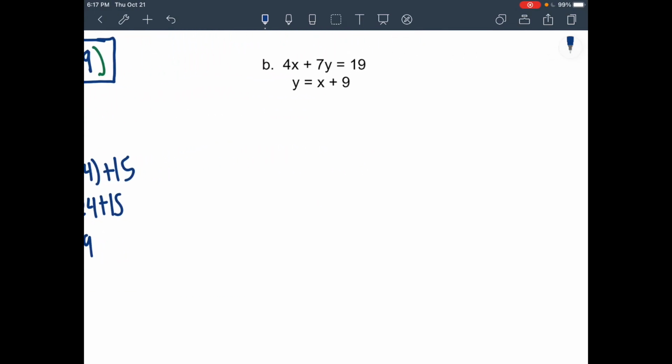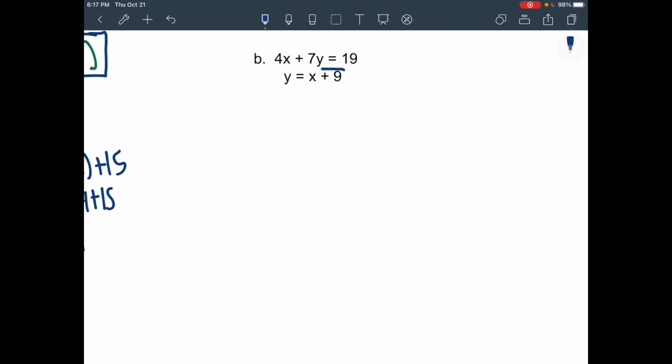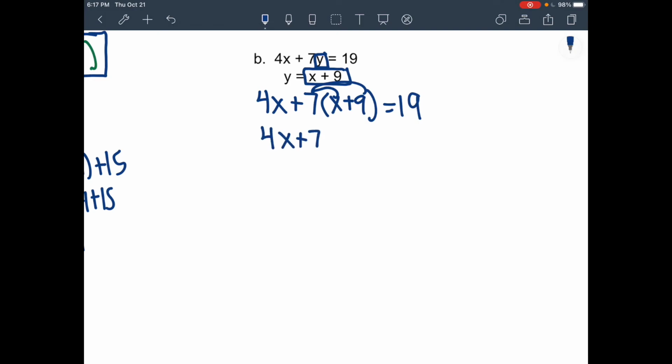All right, next one. Okay, so this one, we're just taking this information here and replacing y with that information. So 4x plus 7 times the quantity x plus 9, because it's replacing the y, and then equals 19 as it was already written. So again, as you can see, my equation is all x's, and that's what the goal was. So we're going to continue. We know we did stuff right, so distribute that 7 to x and 9. So 4x plus 7 times x is 7x, and then 7 times 9 is 63